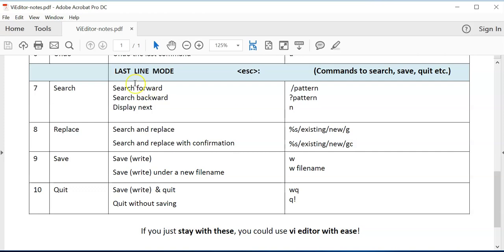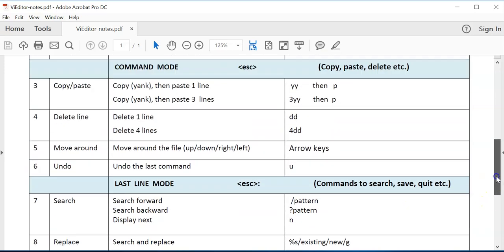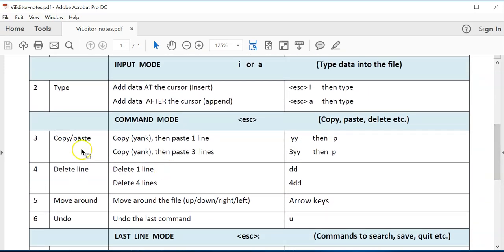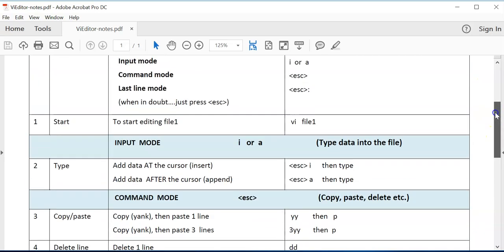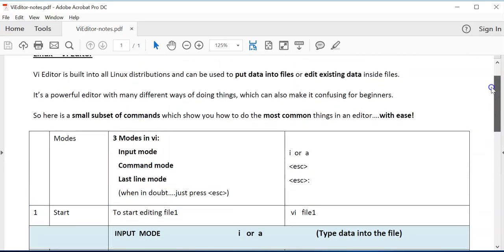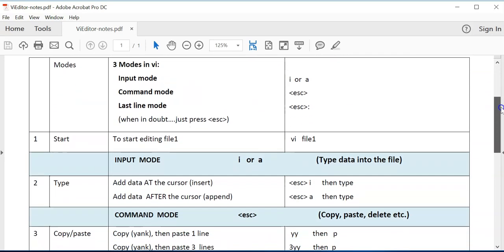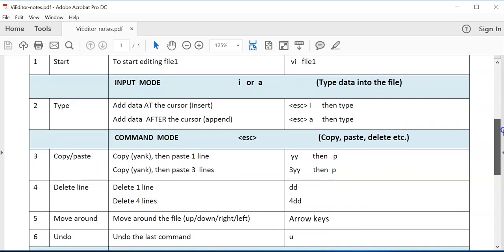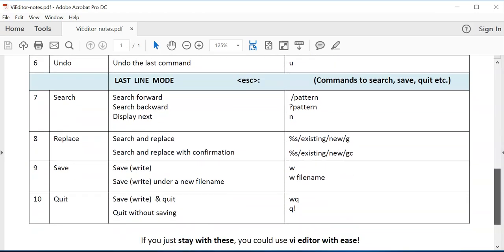So as you can see, we've now looked at search and replace. We've saved and quit in the last line mode. We have done copy and paste, delete, moving around, and undo. And the first thing we learned, of course, was how to get data into the document to begin with. So just with these 10 commands, you're able to do all the common things that you need to do with an editor. So let's finally now write and quit, so that with the W and Q,